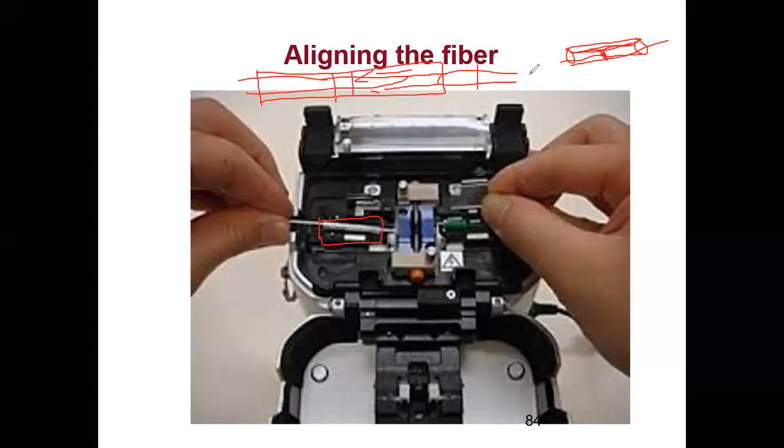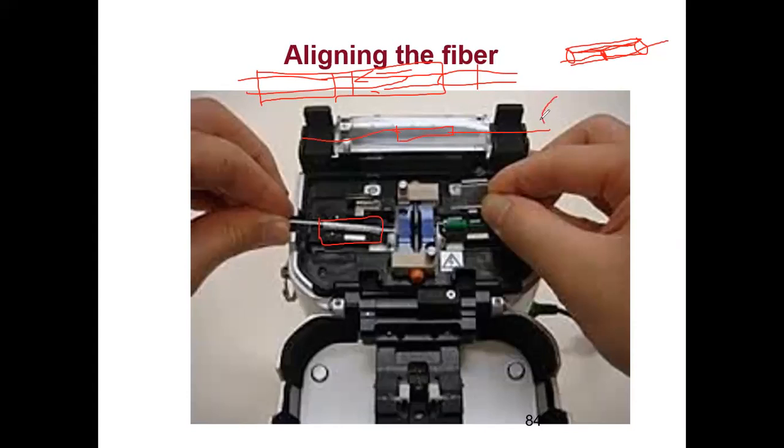Now the fiber had been slid, but I have to stick this protection sleeve. So what I will do is take this protection sleeve over the joint, and introduce this portion to that area over here. This is my fiber on which I have put this protection sleeve, but it was loose. I have just slid it into that area.